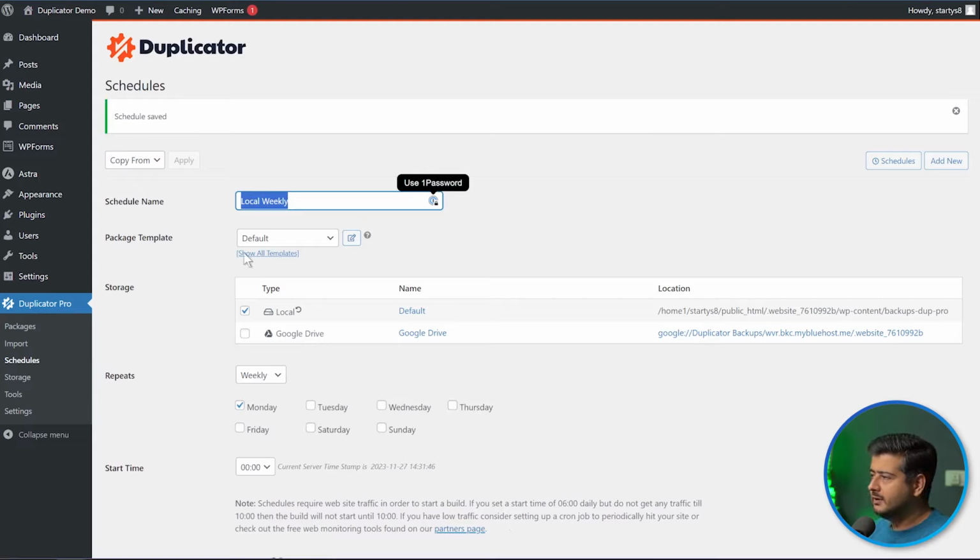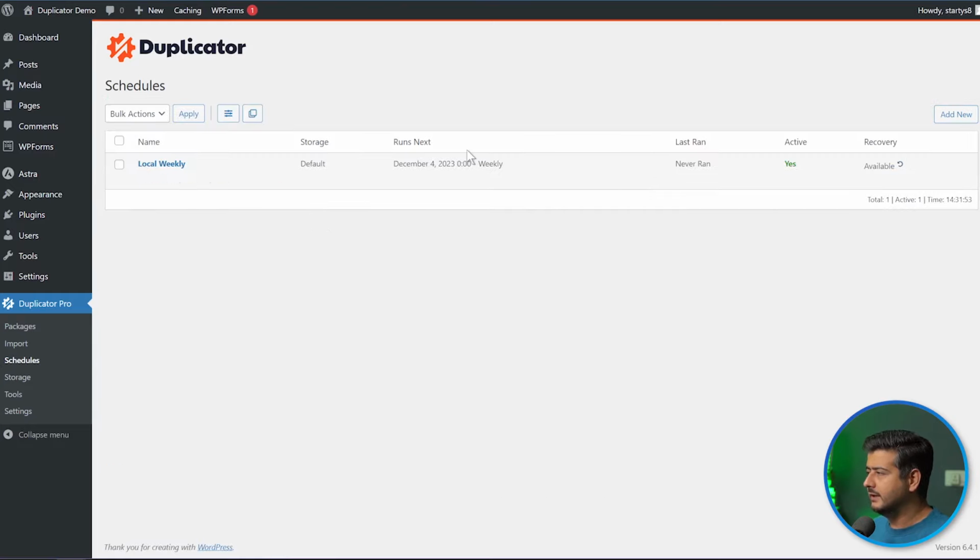And the schedule is now saved. We'll go into the schedules once, and you'll see the schedule actually configured here. So this is the local weekly schedule. You have the option to enable or disable it anytime. So you don't have to worry about it always running. If you don't want to delete it, you can just disable it. So since we have one schedule right now, let's also create another one for our cloud